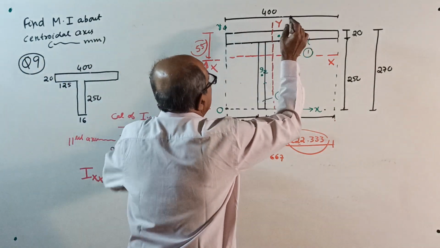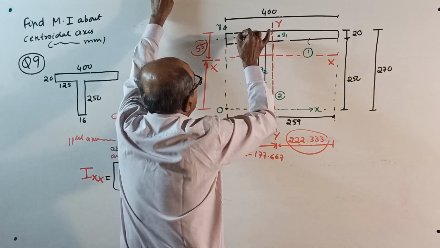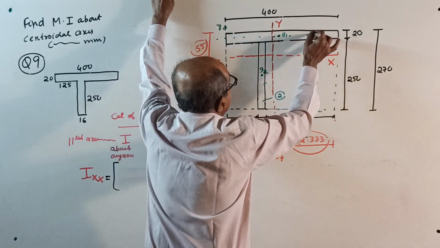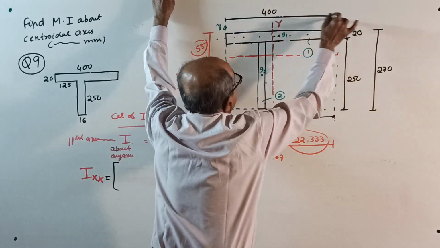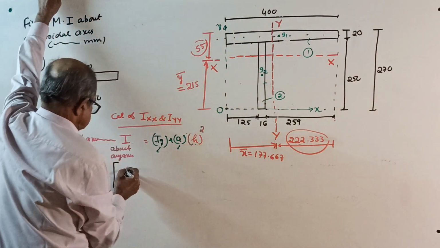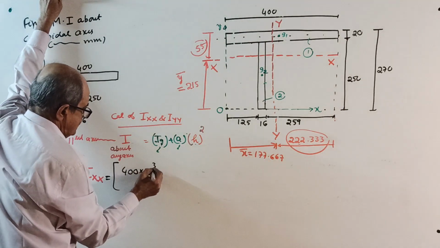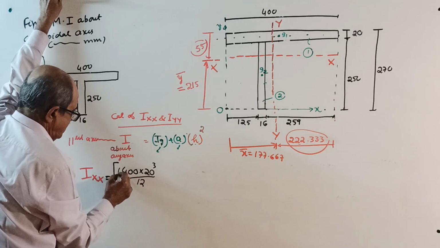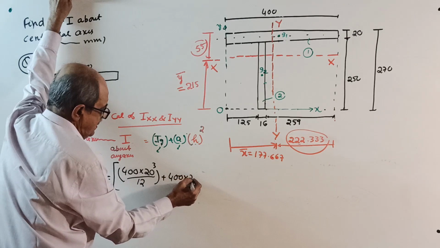Come to figure 1. Come to centroid. Axis passing through centroid and parallel to x-axis. This axis. 400 into 20 cube by 12, that is Ig, plus area. 400 into 20 is the area